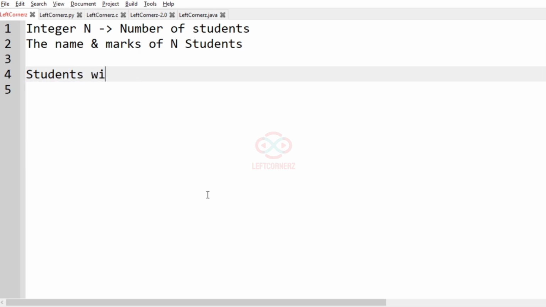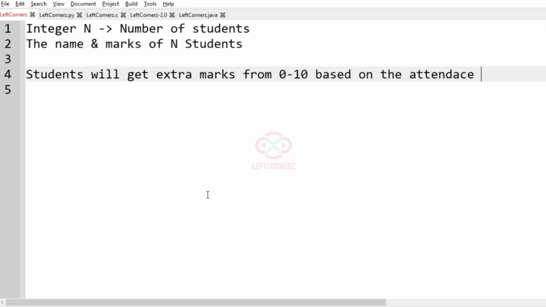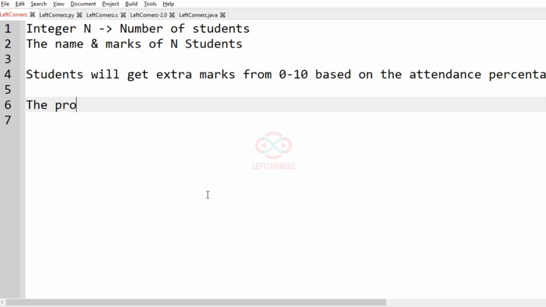Students will get extra marks from 0 to 10 based on their attendance percentage. The program must also accept the extra mark of n students